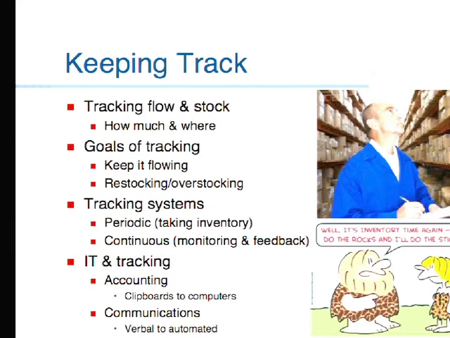Now, within a factory, you may think that's obvious, but it isn't always. But certainly, if you're shipping materials or parts from Taiwan to Chicago, you want to know where they are, and even more so if you're shipping to the customer. Shipping to customers, UPS and FedEx and so on, they'll track stuff so that if it hasn't shown up, you know where it is, and they know where it is, and they know what's gone wrong, who misplaced it, where it's misplaced, luggage at the airport, and I can go on and on. So the goal of the tracking, of course, is what I just said: keep it flowing, keep your stock at the right level, so flows and stock management.